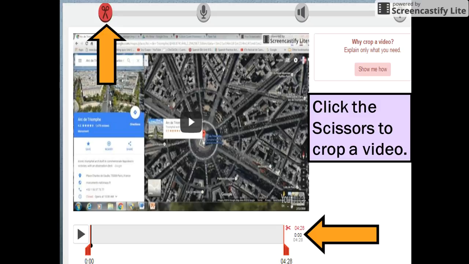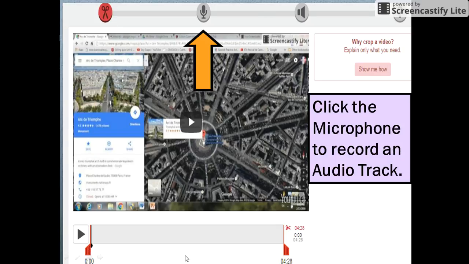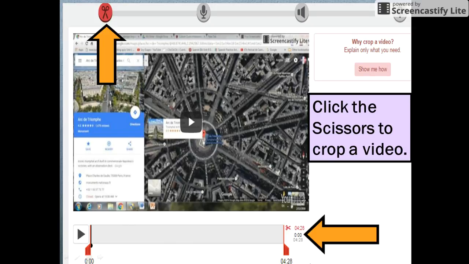Okay, so these are the tools you can use once you click on that Edit with Edpuzzle button. We have the scissors. And you see at the bottom this red line here. If you want to cut out the beginning of a video, click on the red line and hold down on your mouse and move it over to cut the beginning of the video. If you want to shorten the video, do the same thing at the end